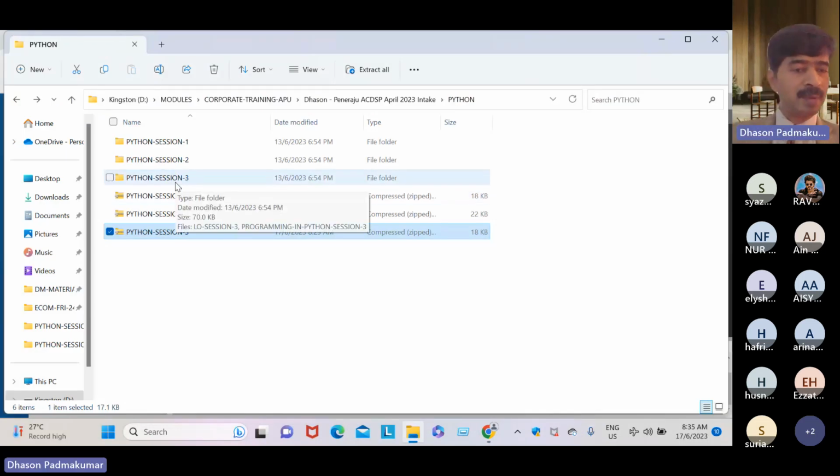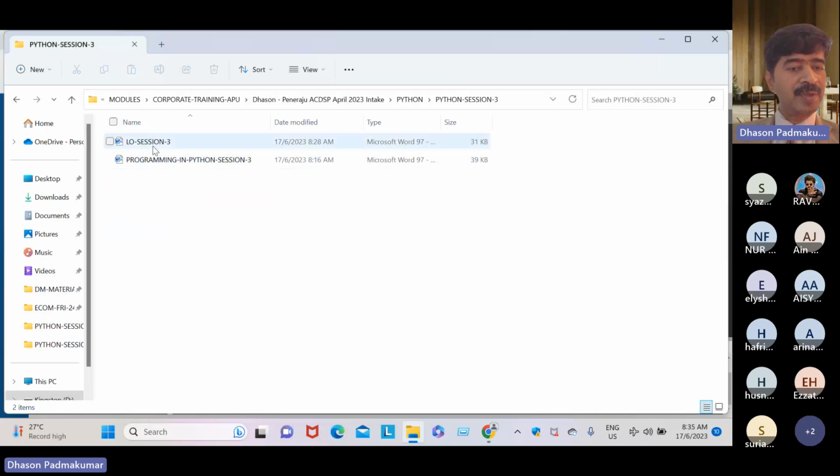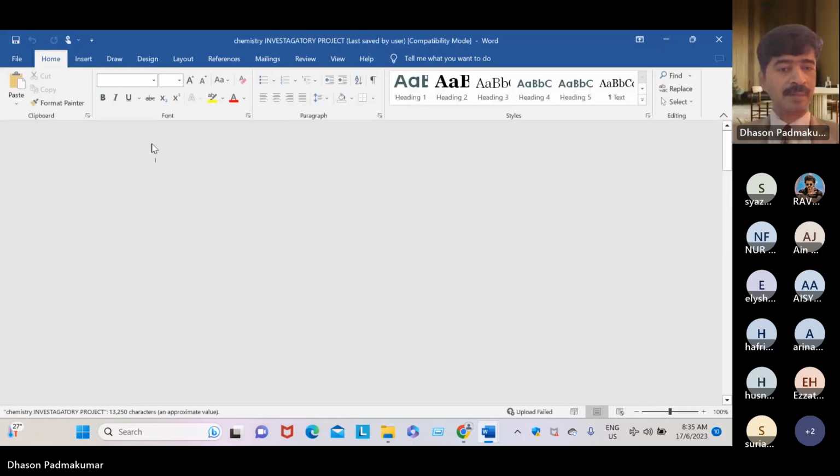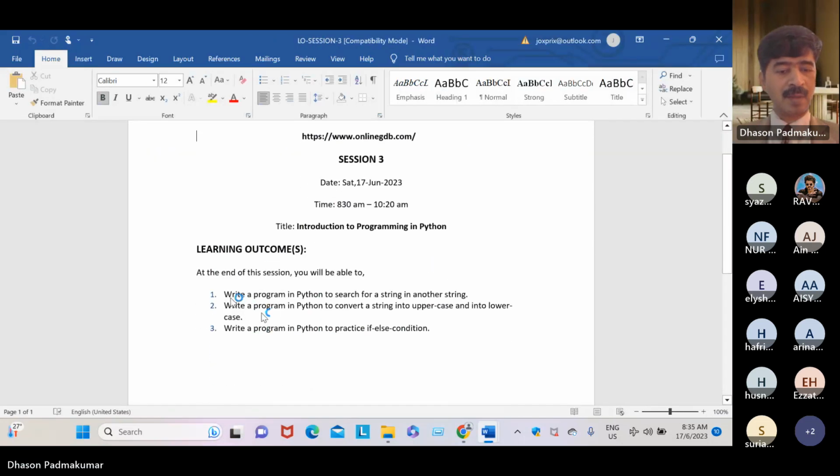When you open them, this is the file, dear student. You will see these learning outcomes today. Write a program to search for a string in another string. Write a program to convert a string into uppercase and lowercase. Program in Python to practice if-else conditions.